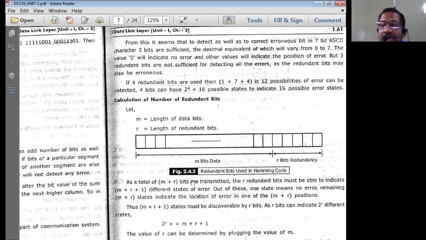It is 2 power 3, 8 possibilities. So using these 8 possibilities, we can locate the error bit positions. We can locate 7 error bit positions, thereby we can simply correct that particular bit position. But if the error takes place in the redundancy also, this is not going to give a solution. That is why we have to increase the R value to more than it is required with m number of bits. That is the logic over here.